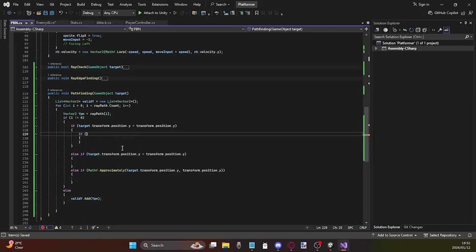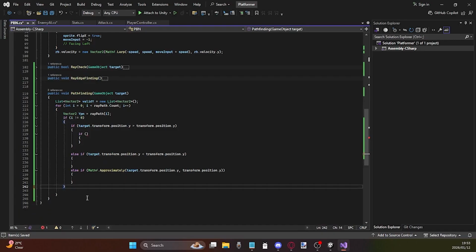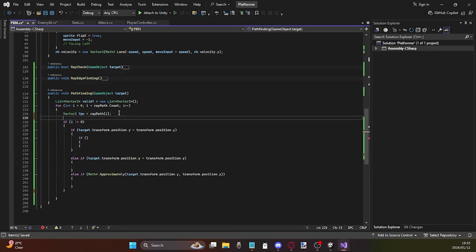Otherwise, if it is not the first, then no man, why am I adding it? I can just not have anything there, so it skips over the first one. Now I can test